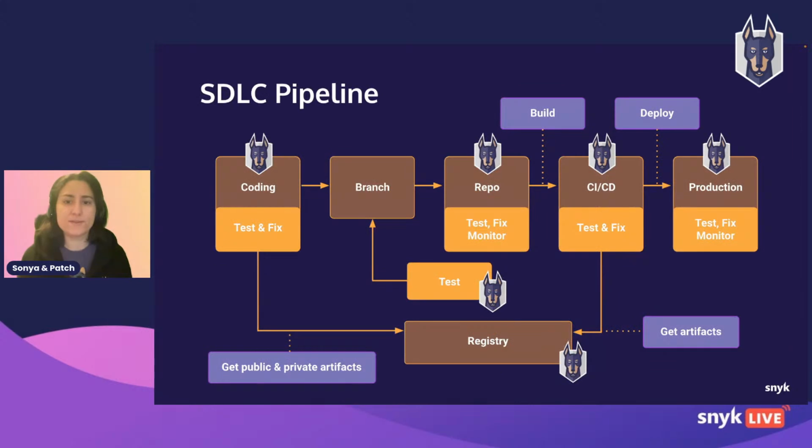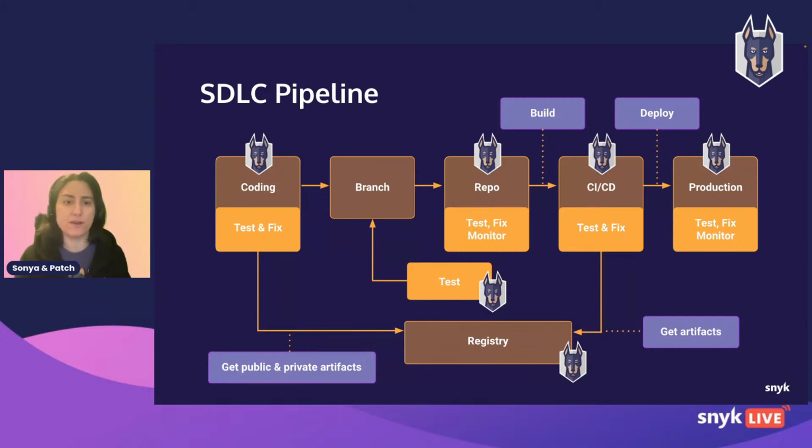So hence the importance of having guardrails at each stage of your pipeline to spot vulnerabilities as your attack surface is getting bigger. And this is a classic SDLC pipeline. Depending on your implementation and your organization, you might have different endpoints. Here today I've demoed the coding endpoint, testing with the IDE integration. I've also used the CLI just to check some of the vulnerabilities. I've also been using the Snyk dashboard. So depending on your workflow and your familiarity, you could have those different endpoints.